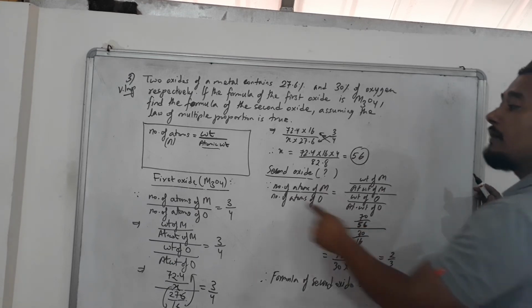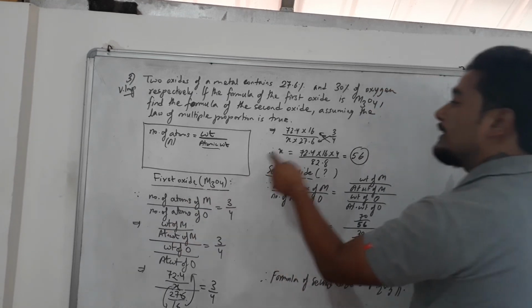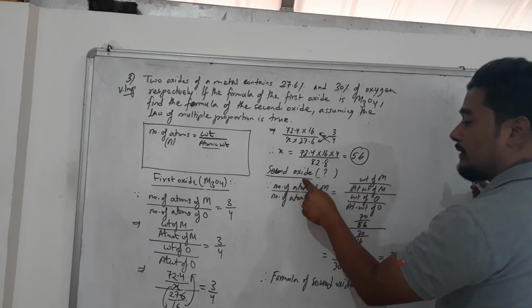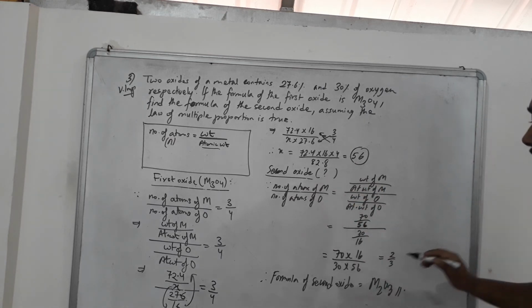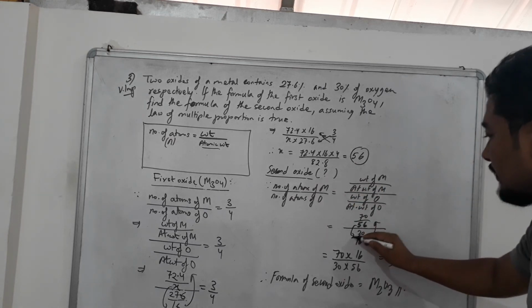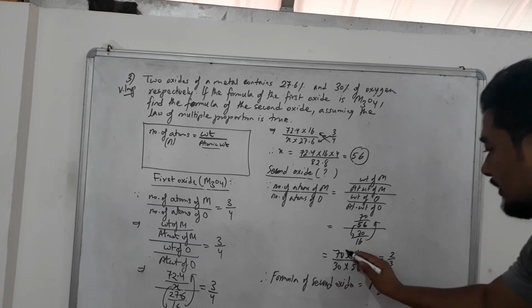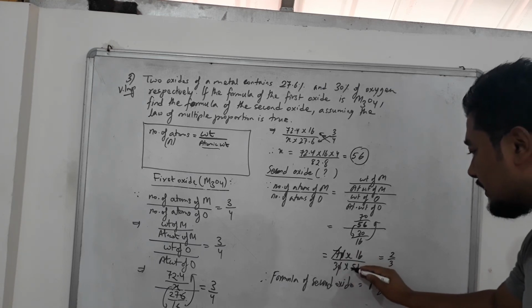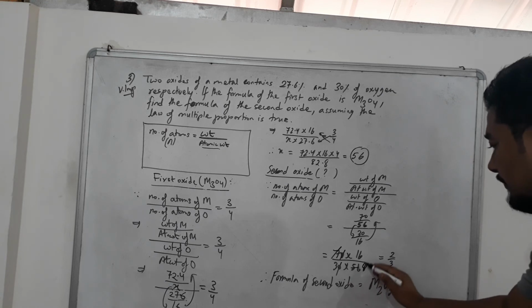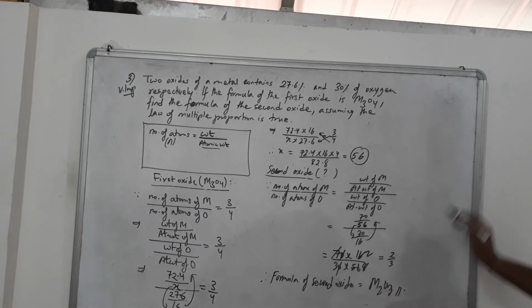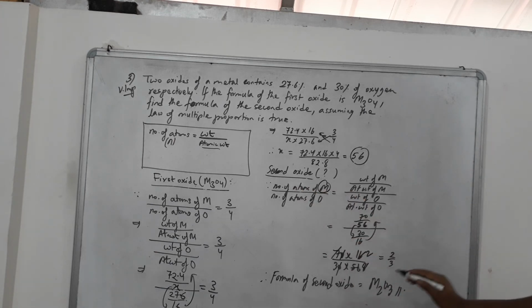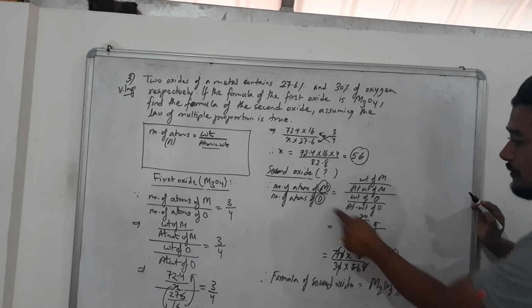So why did we start from the one whose formula was given? Just to find the atomic weight of the metal, so that we can put it in the second oxide. So now, instead of X, I am putting 56 because I got the atomic weight of the metal. Now this 16 will go up, this 56 will come down. Now cancel it, 0 and 0 cancel. 7 ones are 7, 7 eights are 56. 8 ones are 8, 8 twos are 16. So what remains in the numerator? 2, and denominator 3. So from here we can see the number of atoms of M in the second compound is 2, and that of oxygen in the second oxide is 3. So that means the formula will become M2O3.